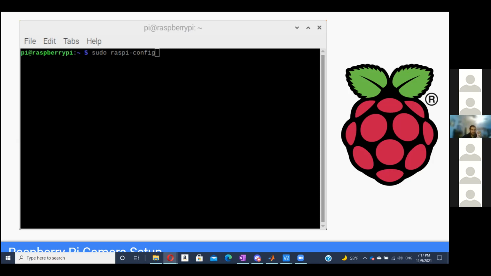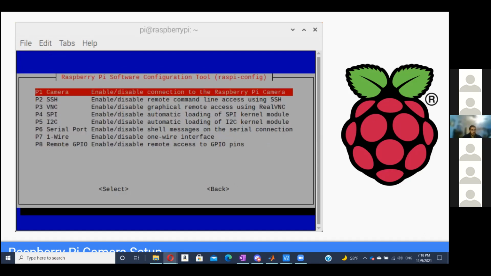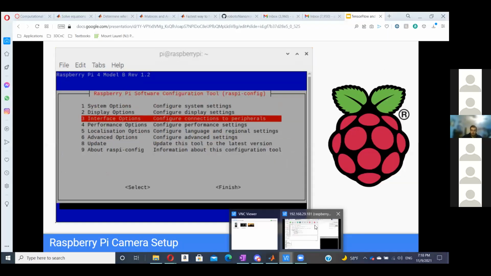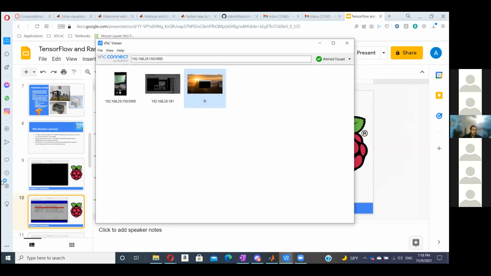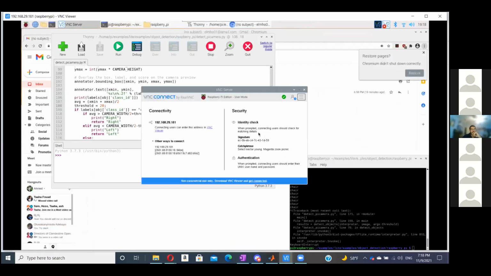But right now, this is just the process of setting up. So you're configuring your Raspberry Pi, right? And you want to turn on your camera. So you're gonna go interface options, you're gonna turn on your camera, and so on. Actually, you know what? Let's go through this on the Pi, because I feel like it's easier to see if I do this on the Pi. So let me X out of this and continue on the Pi. Okay, so it should be connected. Oh wait, that's the wrong thing. Okay.